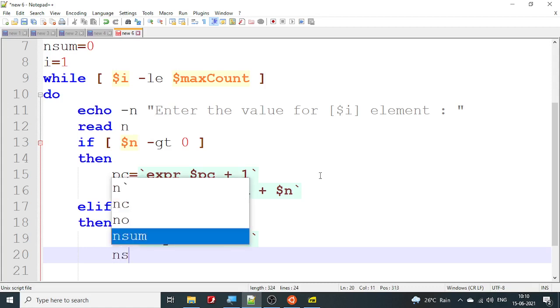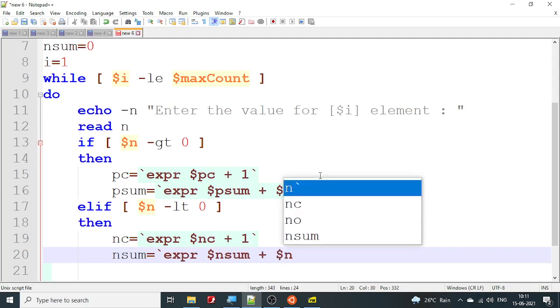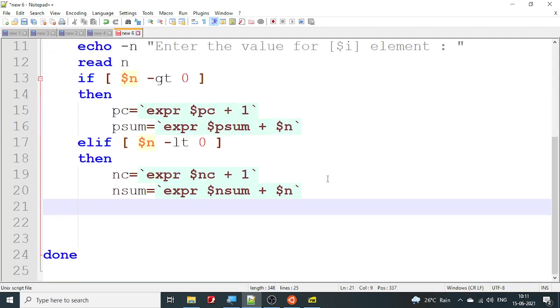Next one is I'm going to sum the negative numbers, all negative numbers. So again I'm going to say expr nsum plus $n. So that will count the negative numbers. Apart from that, I am going to use the else part.